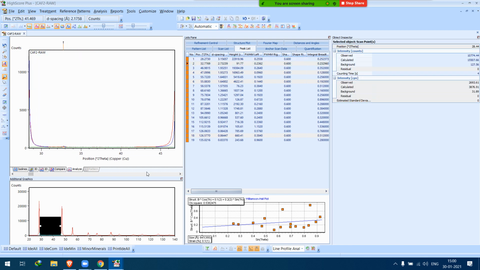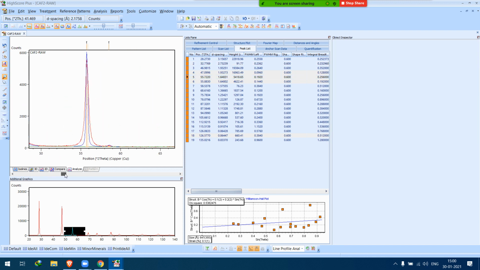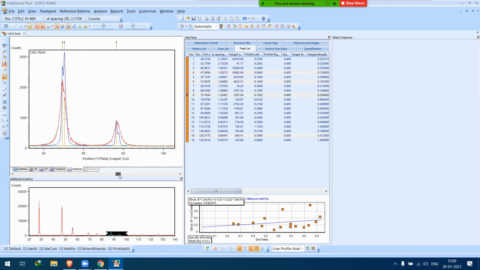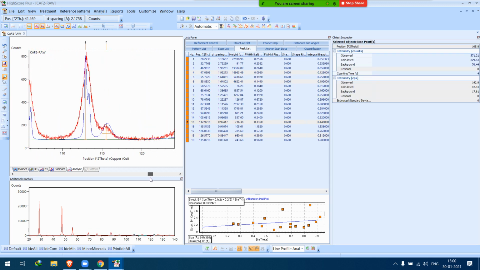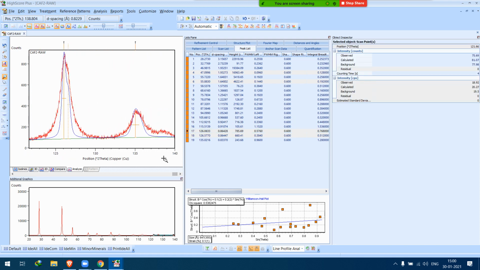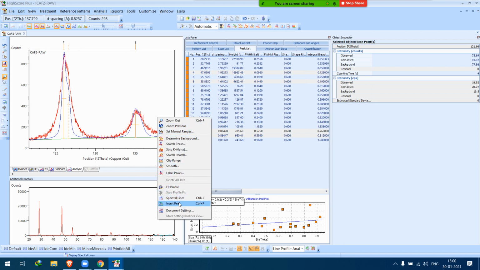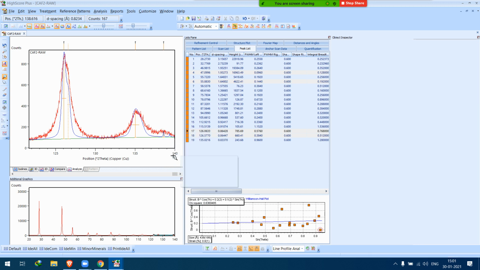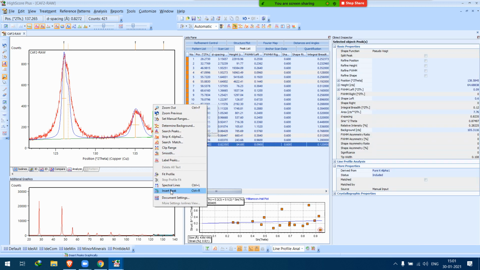Okay, these are there, those are there. There may be a peak here, so I'm just going to insert one peak here. Okay, disable it.